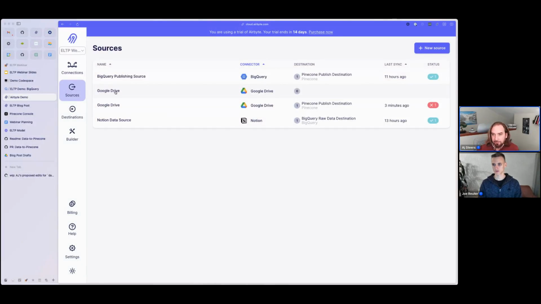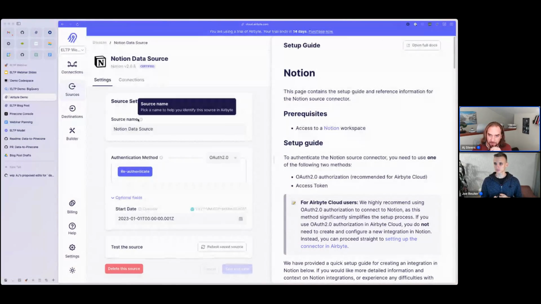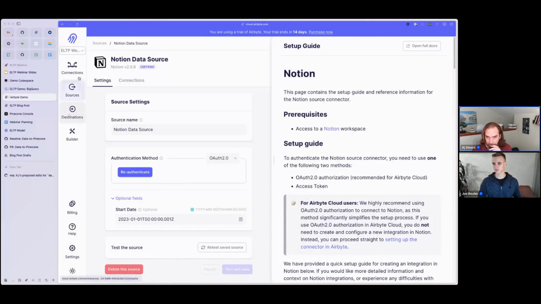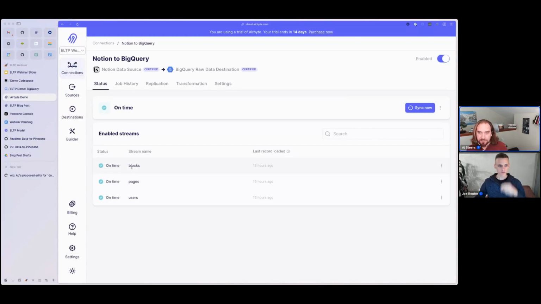With Google Drive, you can probably land it directly into Pinecone without any issue. But Notion's an example of a data source that is not as easy to work with raw, and probably would not have good results if you tried to load it directly into Pinecone, or even just try to use the raw data without transformation. So when we go to our connections from Notion to BigQuery,